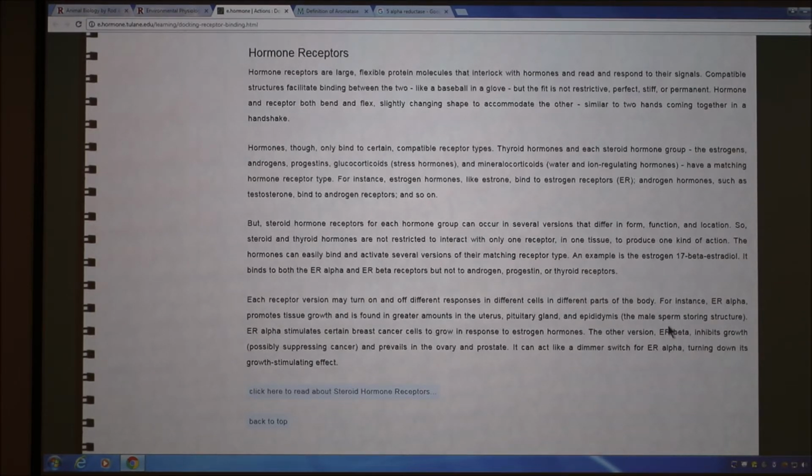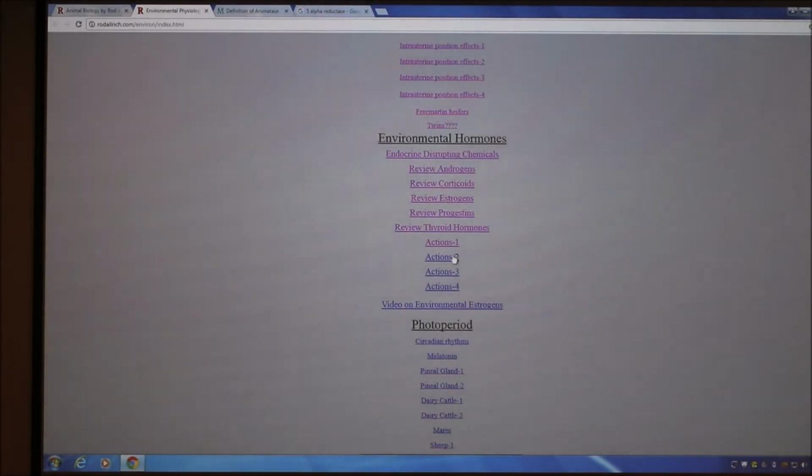Okay? And one good example would be oxytocin. Everybody knows if you inject oxytocin, you get uterine contractions. That's one of the classics. But it basically has to be an estrogen-sensitized uterus. So sometimes you can inject oxytocin into an animal and get no uterine contractions because there aren't receptors for oxytocin, because it wasn't exposed to estrogen beforehand. Okay? So it gets complicated. So this action stuff is very good. That one concentrates on receptors,